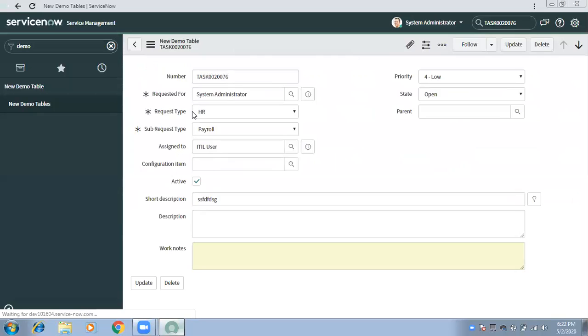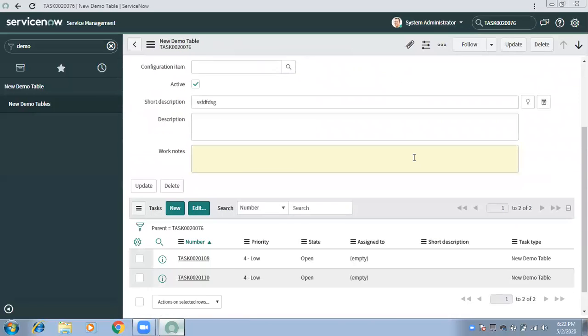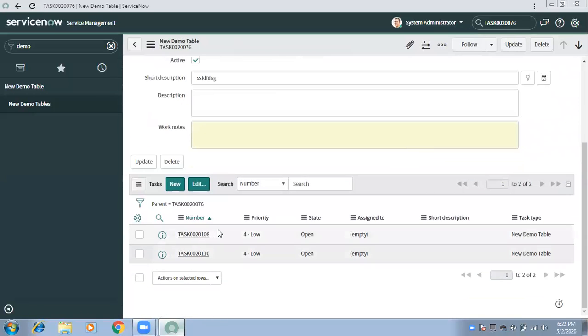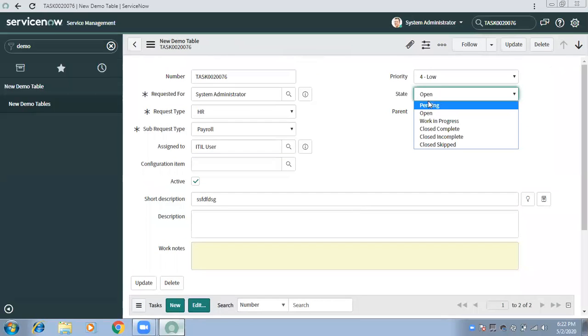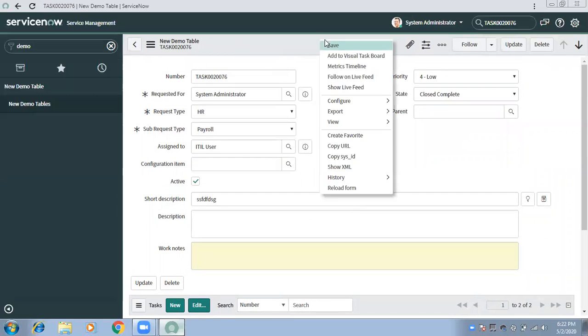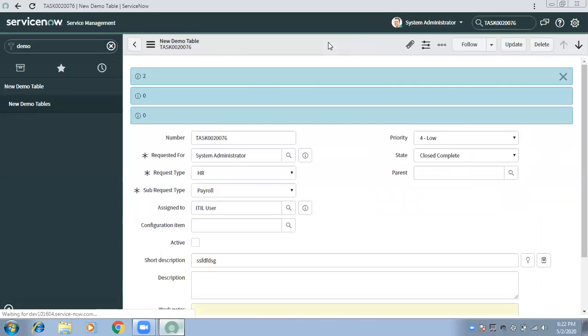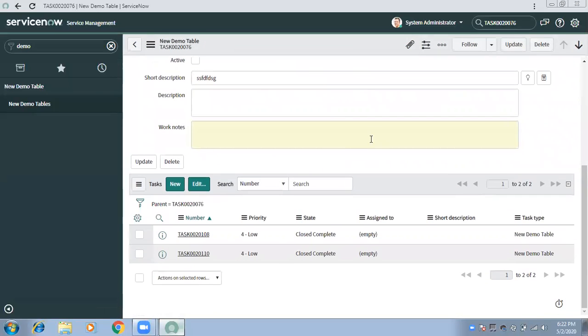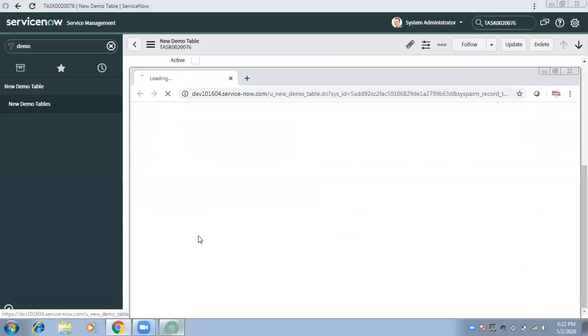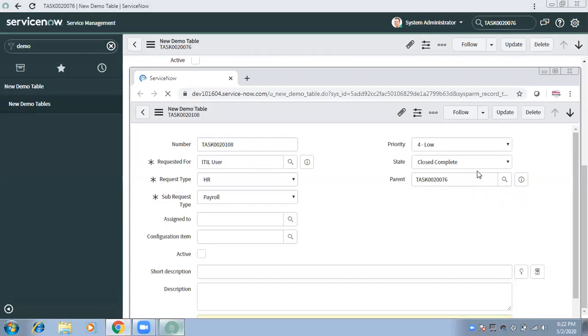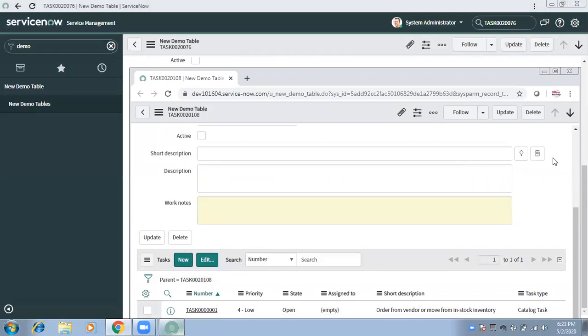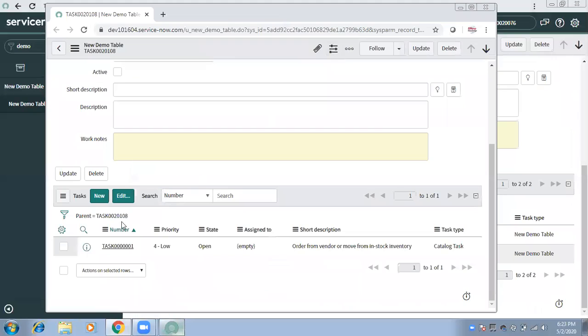So what I will do now, I am closing this, but this one also now has 1 child, yes, a sub-child, right? So it will query that one as well. So if I close complete this, it's giving me 0. Okay, it will not give me. No, it should give actually. What happened? Close complete. Okay. So why didn't it give?